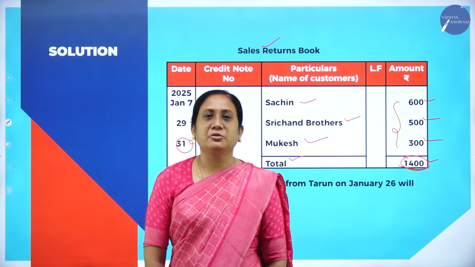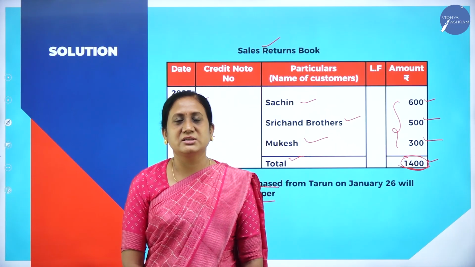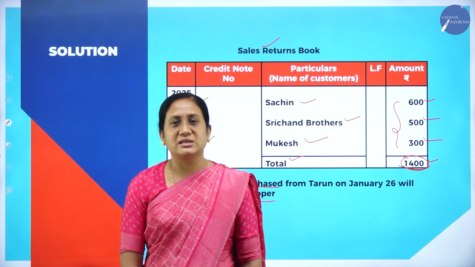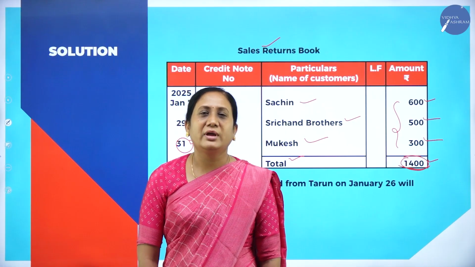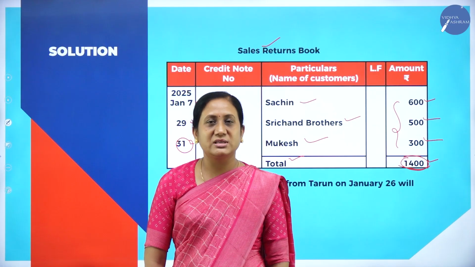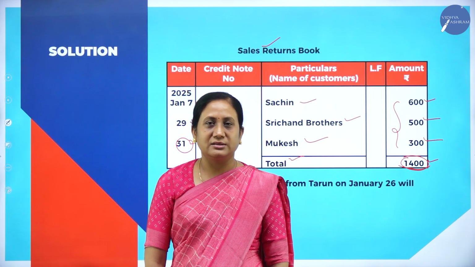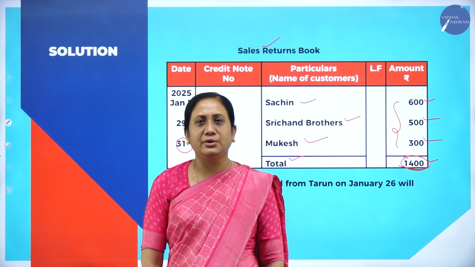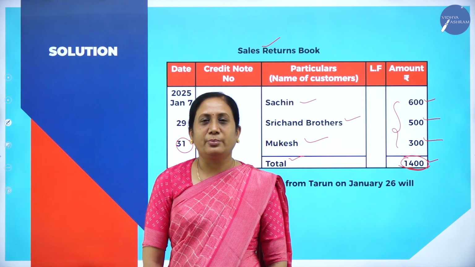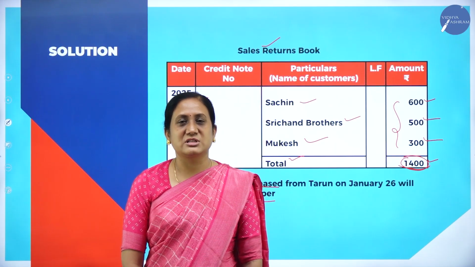So these types of questions are asked for 12 marks in your examination, wherein they will give you a few transactions, and looking at those transactions, you have to record them into various subsidiary books like purchases, purchases returns, sales, and also sales returns book. Question for 12 marks. It is very easy to do. So practice well, students. You can really attempt this question.